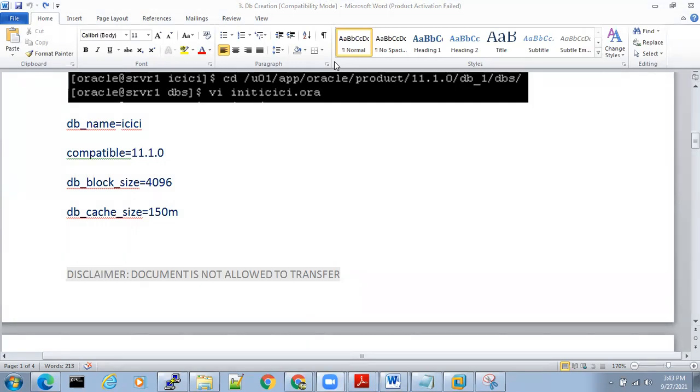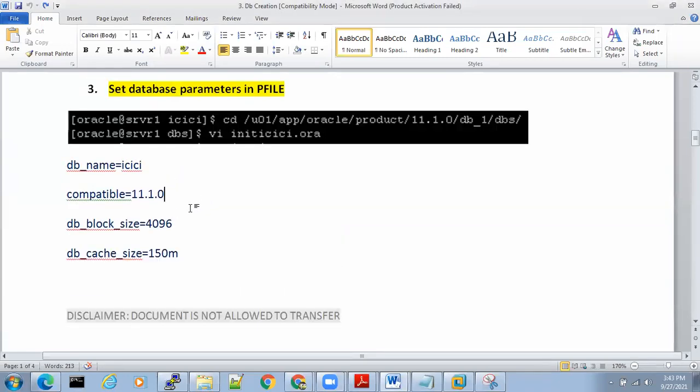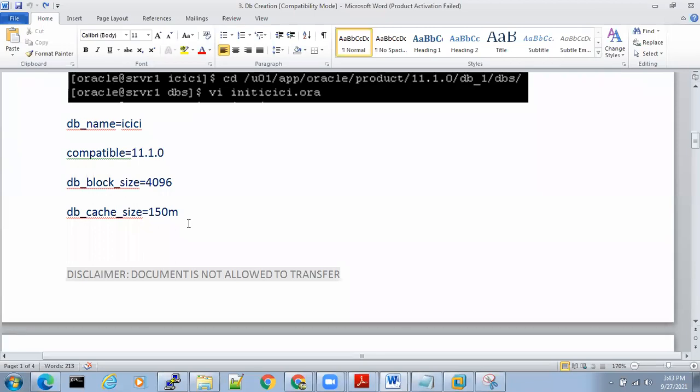Everyone understood, right? Last point I'll tell you and I'll close this session. Two types of parameters: static and dynamic. Static are the parameters which cannot be changed anytime in the lifetime of the database. Dynamic are those which can be changed anytime when the database is running. Till here, everyone clear? Yes, sir. The last point: in dynamic also, there are 2 types. Listen carefully.